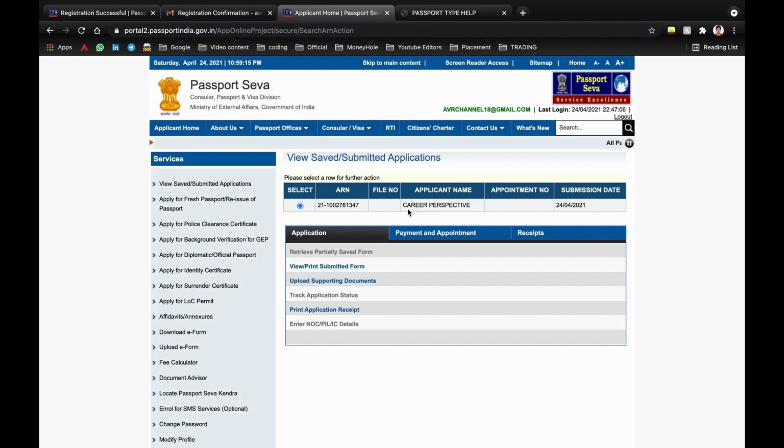Later on, once you have paid the fee, the date and the time of the appointment will be sent to your mobile. So you take your required documents along with you and visit the passport office for verification. Once your verification is done at the passport office, police verification will be done within a couple of days at your home. So make sure that you attend all your calls and be available at your home during that time. And once your police verification is done, your passport will be sent to you by post.